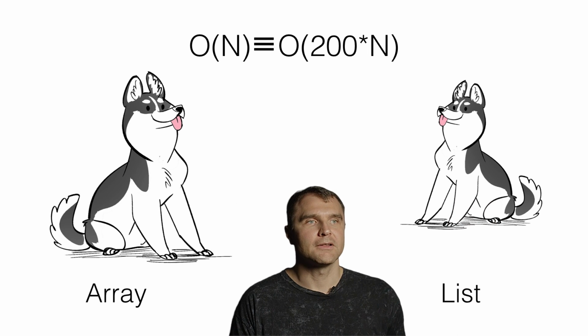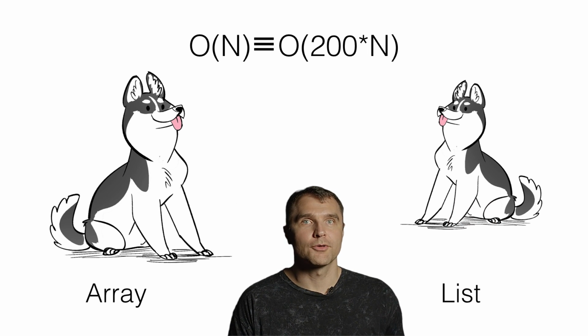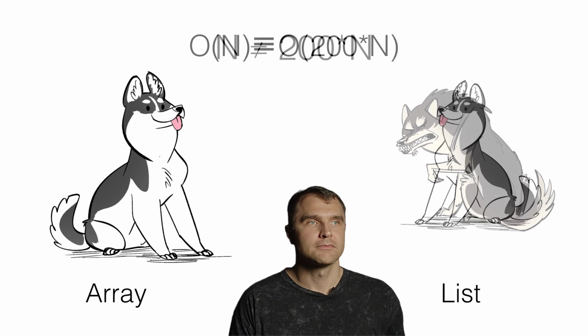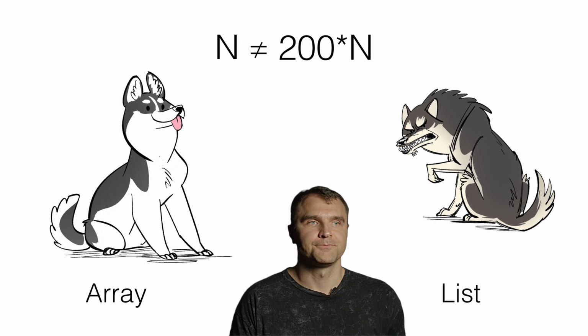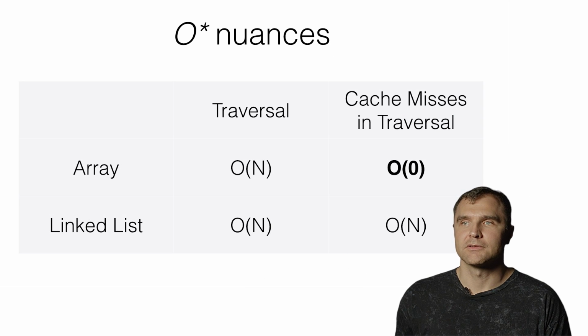Array traversal and linked list traversal are both O(n) in complexity. Does it mean they're the same? Linked list is certainly very cache unfriendly. But even if it's 200 times slower, it's still O(n). Big O doesn't capture the constant, and on modern CPU, constant is very